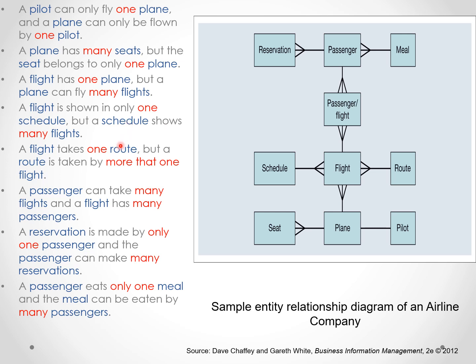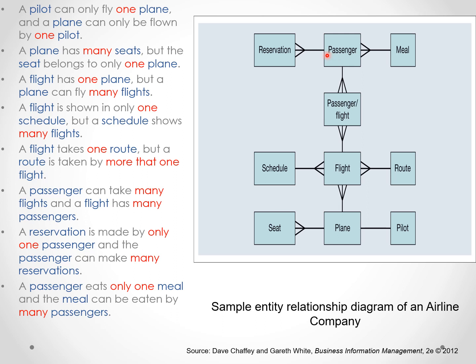Okay, let's take this example for instance. A reservation is made by only one passenger. So the first entity is reservation and the second entity is passenger. And the relationship is one to many. So how can we draw this? We start drawing a rectangle and right inside it reservation, and then we draw the other entity, which is the passenger, and right inside it passenger, and then we start identifying the cardinality between them, or the relationship between them